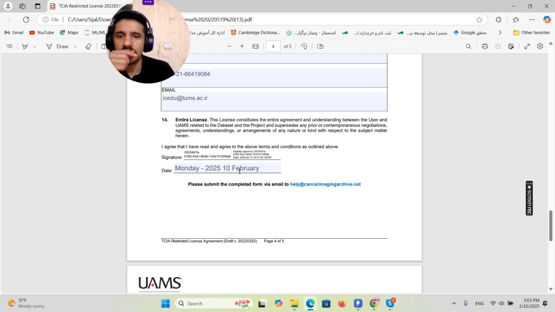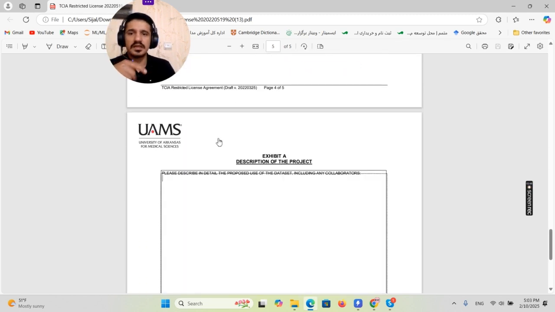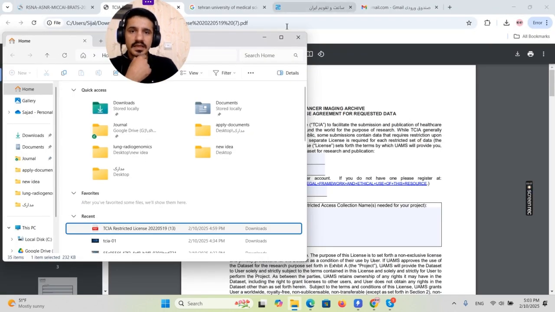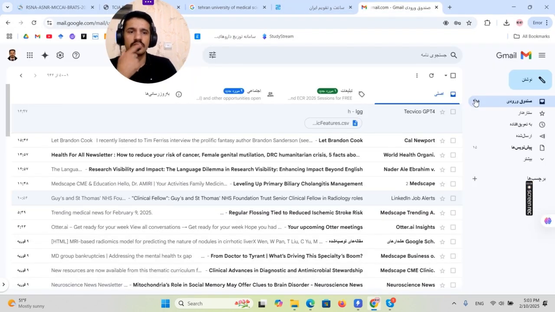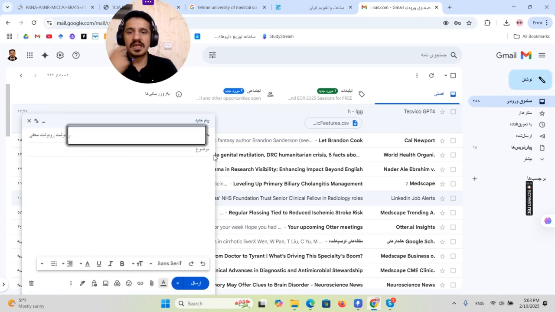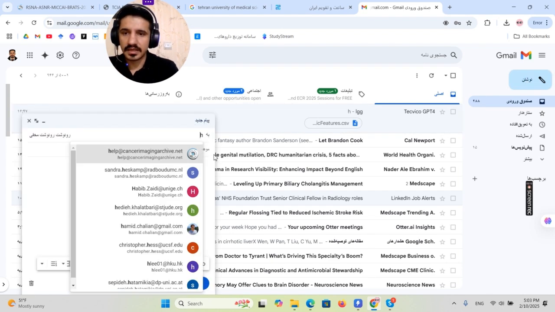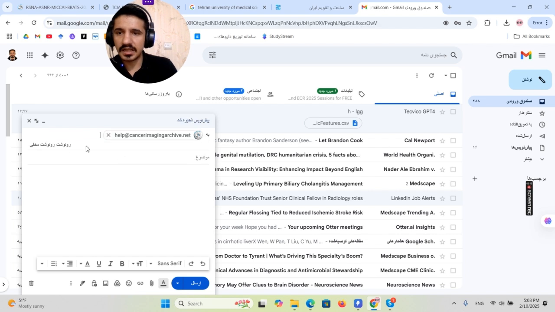and write the date, and then here you should write some description about what you want to do and why you need this dataset. Try to write it in detail. It makes your chance higher to have access, and then you go to your Gmail, and the address is